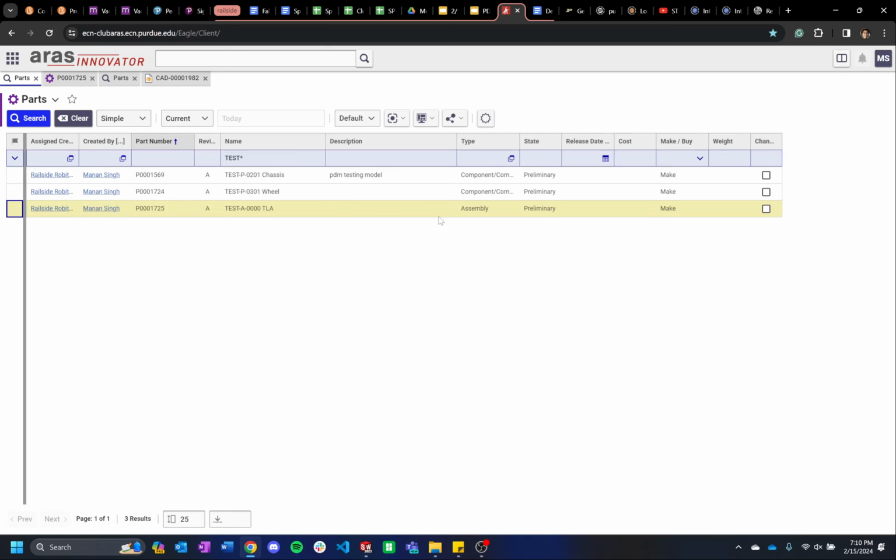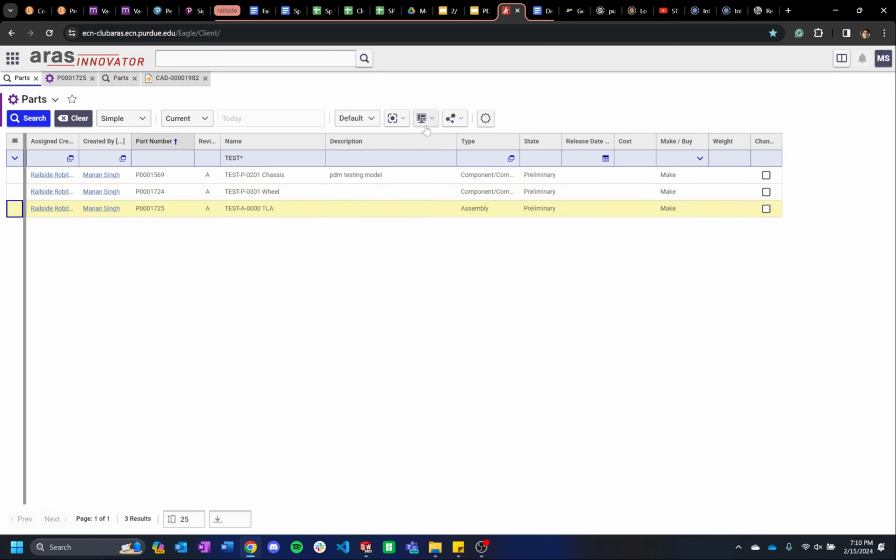There's a tab in SOLIDWORKS that will be installed, and you'll press in SOLIDWORKS, download this file, and it'll download it from Aras, put the CAD file in memory, and when you're done with it, it goes back up to Aras, but you don't keep a local copy on your computer. So that's going to be really convenient, especially for assemblies, but we just don't have that available yet. So yeah,